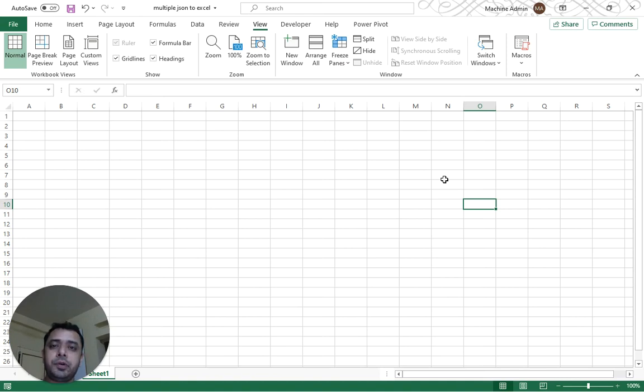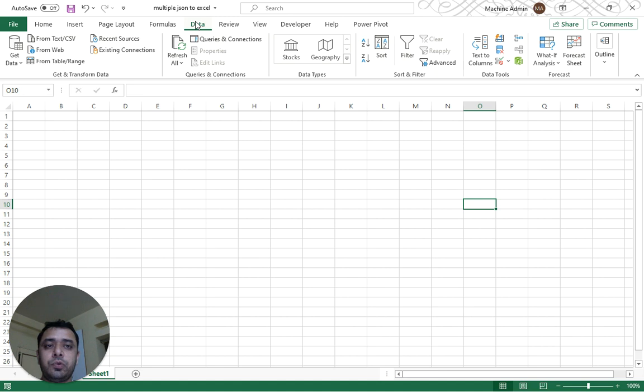In my last video, I explained how to convert GSTR2A downloaded in a JSON format from the GST portal to a tabular Excel format so that we can process it further. Now in this video, I will explain how we can play around with multiple JSON files, that is multiple GSTR2A data in a JSON format, and get it converted into a single consolidated Excel file. So friends, let's start.